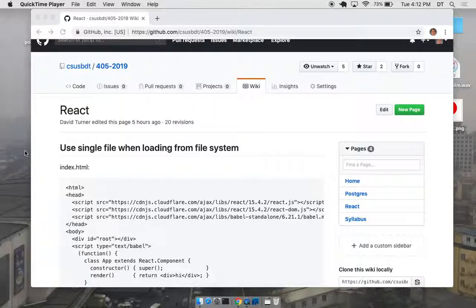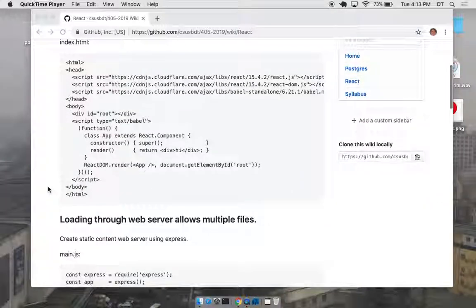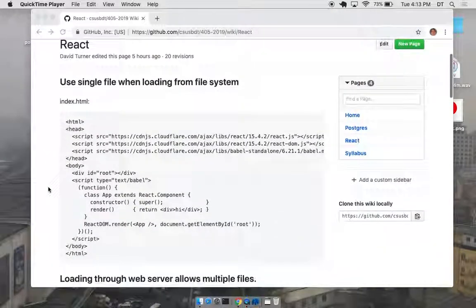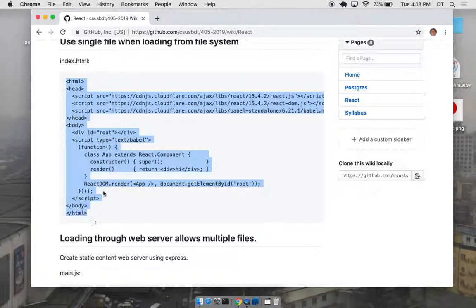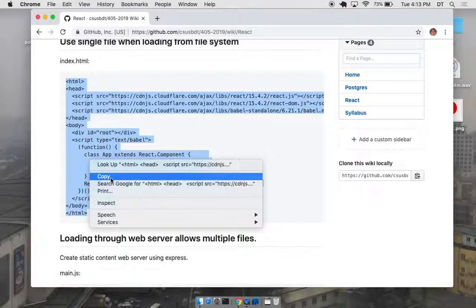Okay, so we're going to talk about React today, and I'm starting the recording now. Here's some sample code that I generated as I was preparing for today. This shows a basic React app all in a single file, an HTML file right there, everything in one file. So I could take that thing